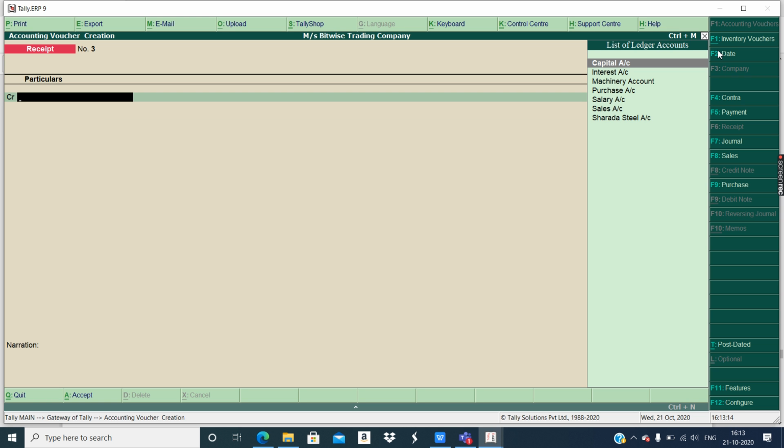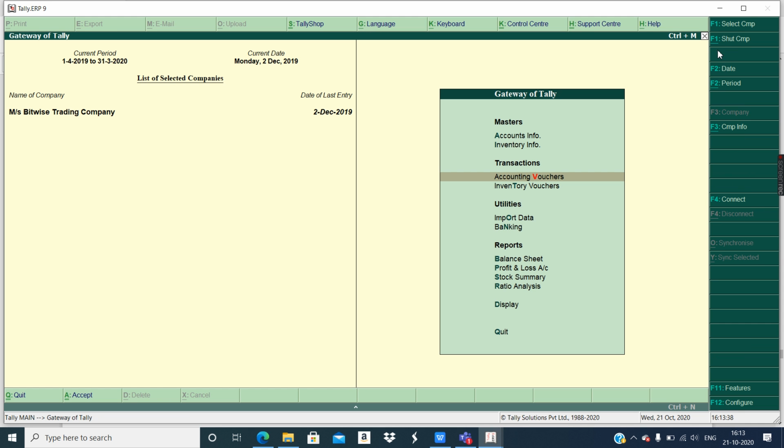And as I made 2 mistakes, I also showed you how to rectify the mistakes. Okay, so in case you forget to change the date, you can go in the list of ledgers. I told you it's in the display, not day book, cash book, bank book, or otherwise you will find an option. Okay, I'll show you once again.